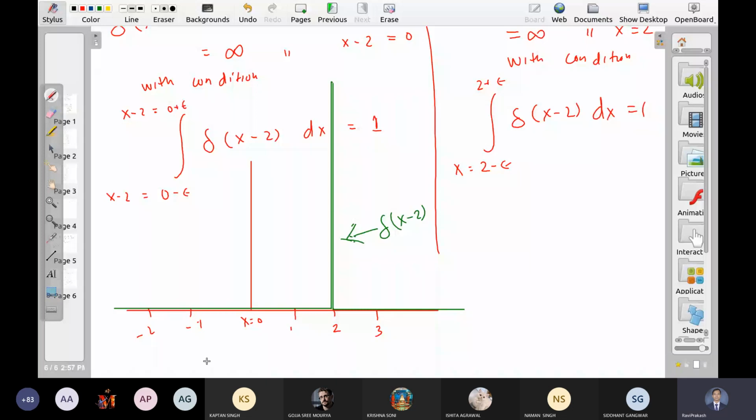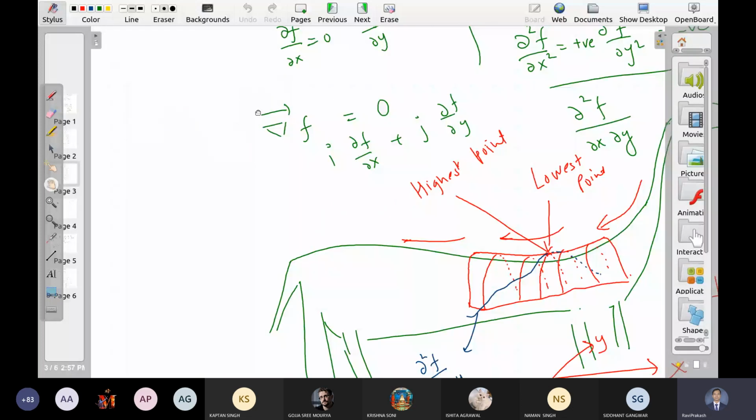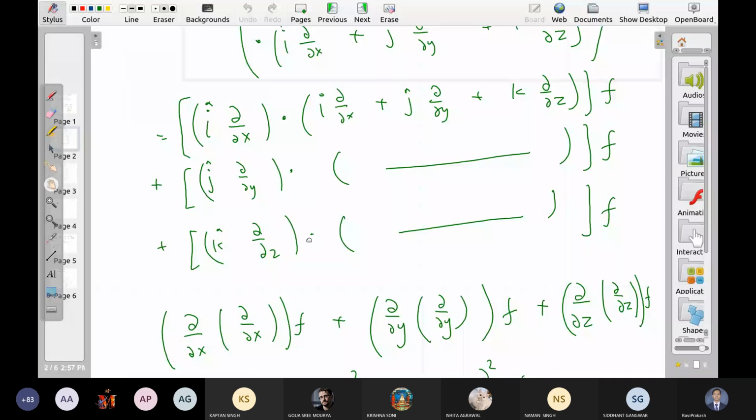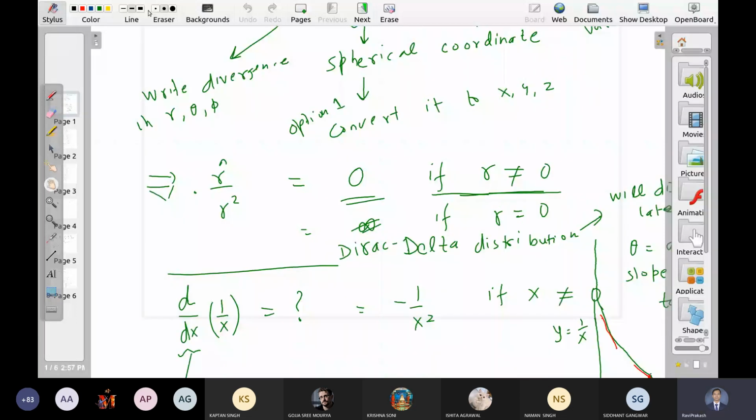So this is the Dirac delta function. Now please think about what is the possible answer of this. It is not easy, but give it some time. Let me give you the answer only. When r is equal to 0, it is 4 pi delta r. Now I have given you the answer. Give it some time. How do I get this answer?